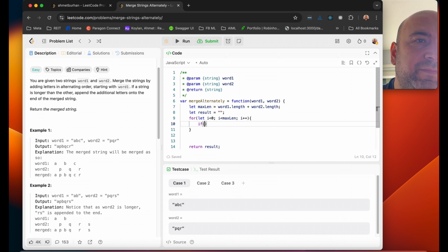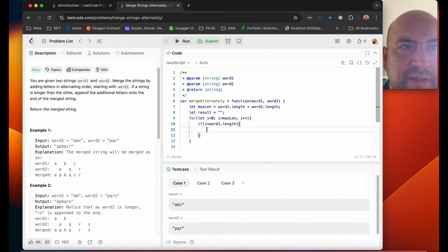So if i is smaller than word one dot length, if I can spell it right, then if that is the case,